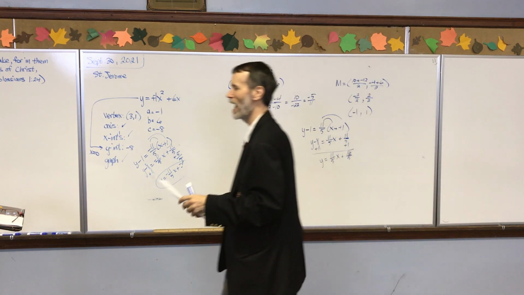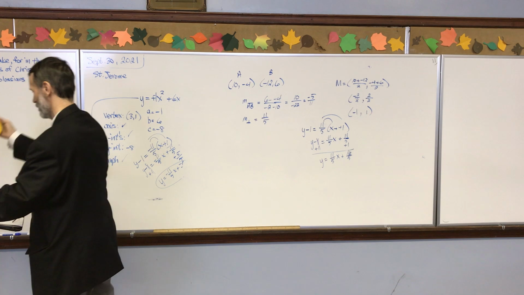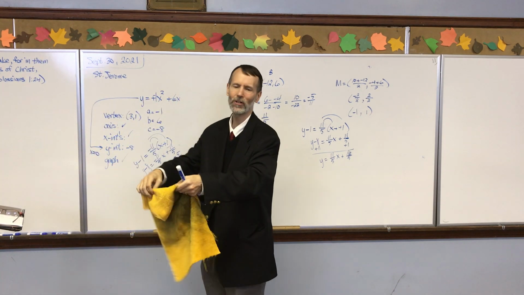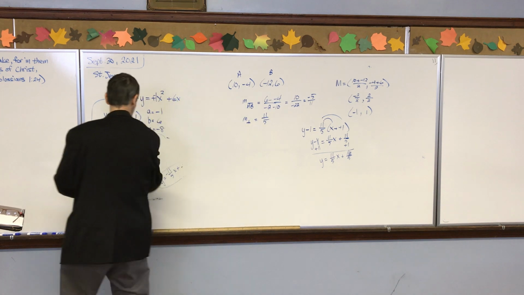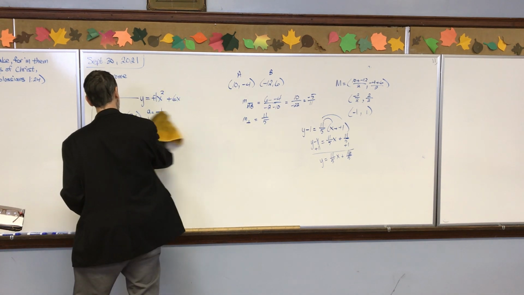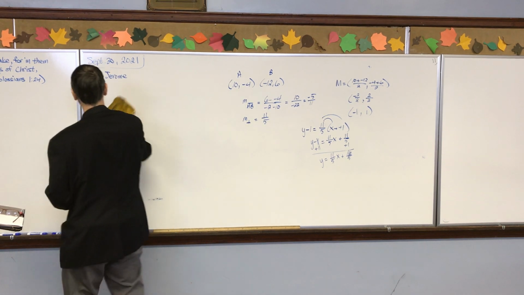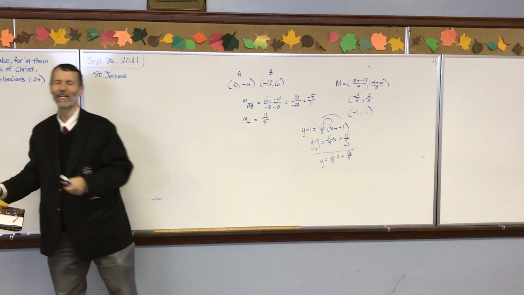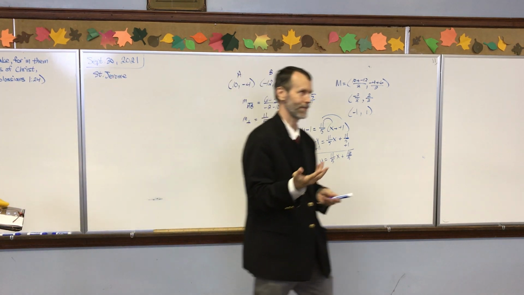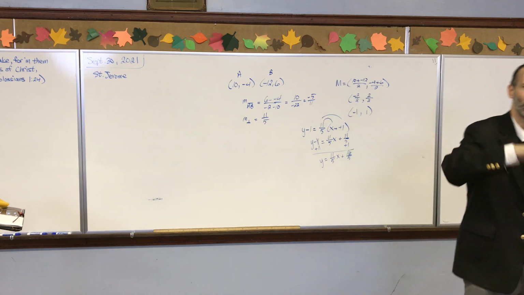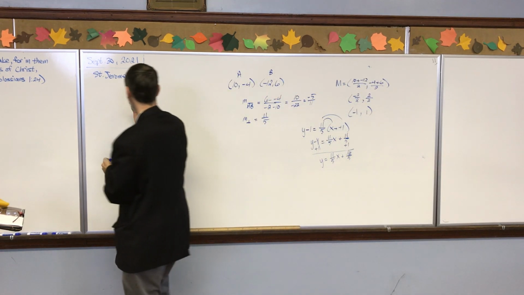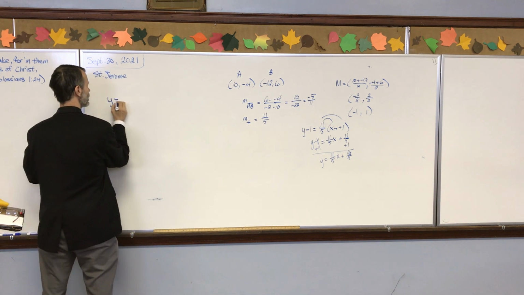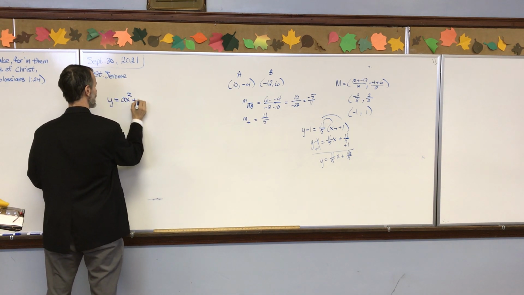I want to give you the optional method. I touched on this last year. Some people remembered this. If you have something in standard form, I said there were 2 methods: get it into vertex form, or get it into x-intercept form. There is another way. If you have y equals ax squared plus bx plus c,